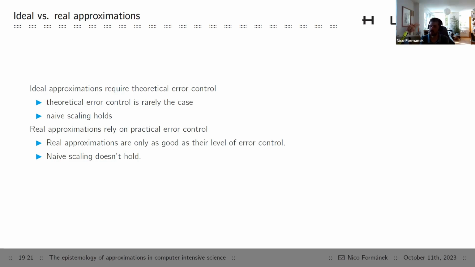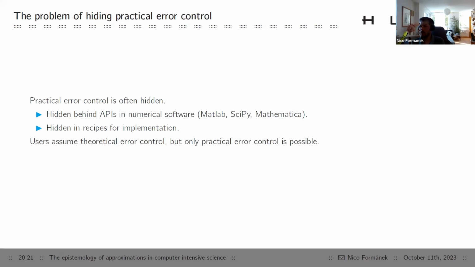Yeah, these Monte Carlo things, they can get stuck in so-called metastable regions where the error will be insanely huge. It will just give you no sensible results anymore. So you have to somehow make sure that this doesn't happen. But in the end, that this doesn't happen is only guaranteed by some kind of assumptions you make, which don't rely on your computing power. Okay. Next slide, please. So I will conclude this talk by pointing out the problem of hiding practical error control,